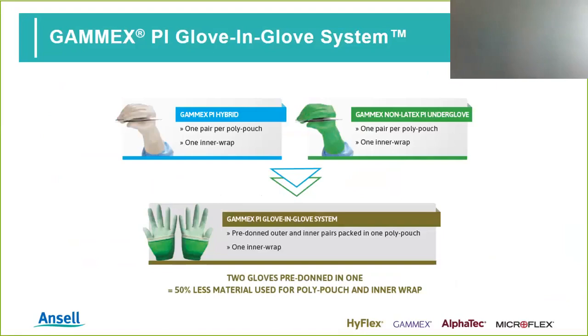double gloving system. So if the top white glove is breached, there's a small breach in it, fluid sort of seeps in, and then you get this sort of lit area on the glove, and you can see it and change your top glove or both gloves if necessary. So the two gloves are donned all the way to the fingertips and packed in a single inner wrap and a single poly pouch. So in addition to the clinical benefits of best practices for double gloving, contrasting color, sizing